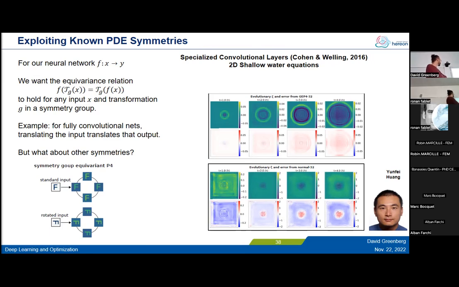emulators we might train using the group equivariant convolutions, reflection equivariant in 1D or rotation in 2D. I feel there's got to be a better word than equivariant. It seems unnecessarily long and complicated for a simple idea, but with symmetry respecting. So this is something we're working on, and other groups are doing similar things across a lot of different scenarios